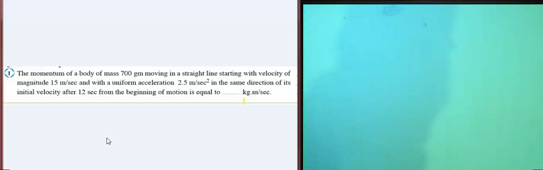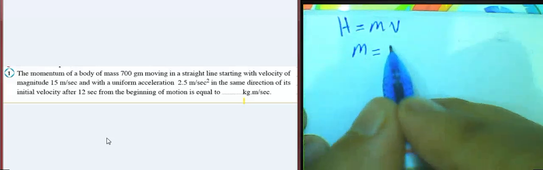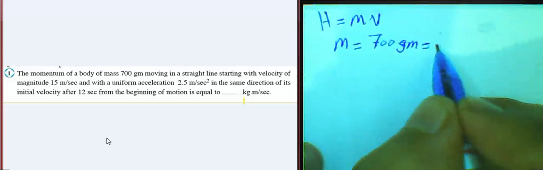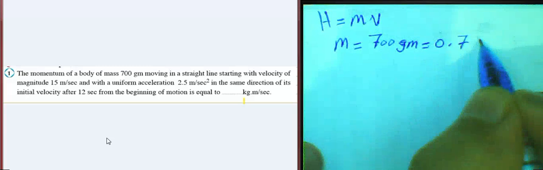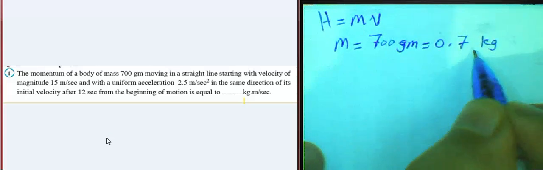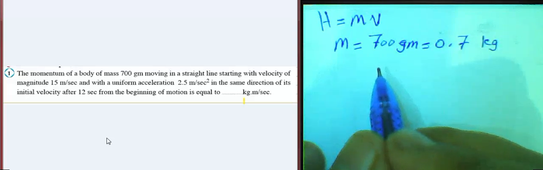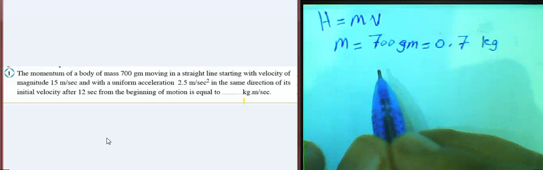We know the momentum equal m multiplied by v, the mass multiplied by velocity. Okay, he gave us the mass was 700 gram. We must convert from gram to kilogram, divided by 1000. The result will be 0.7 kilogram. Okay, and he gave us the velocity of magnitude 15 meter per second. So we can find v